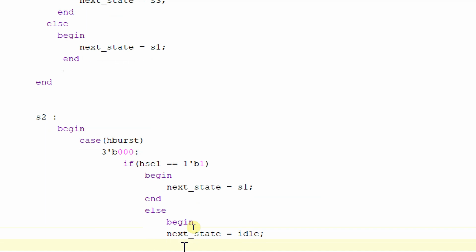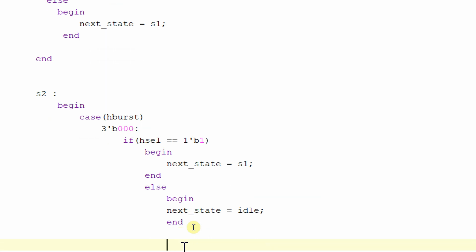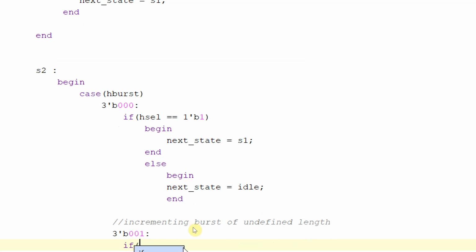begin and end. So this is the case of h_burst which is equal to 000. In the case of h_burst equal to 001, which is incrementing burst of undefined length, which is equal to 3'b001, here in the case of this next_state will be equal to s1 only,